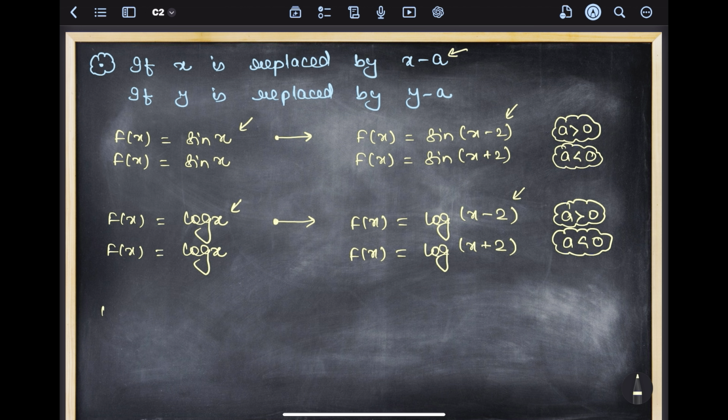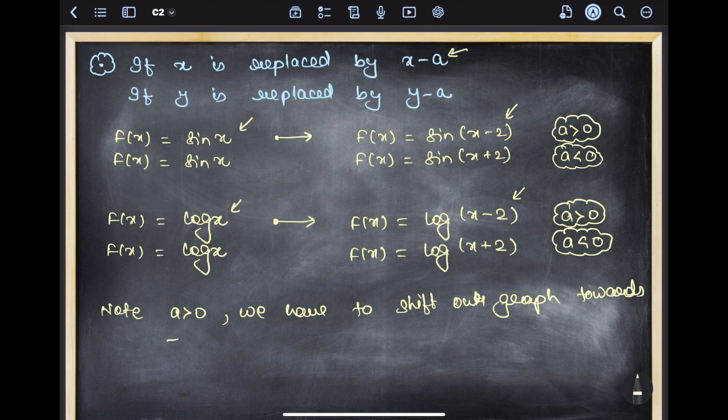Means look at the note. A is positive. We have to shift our graph towards positive direction of x-axis by a units. Okay,